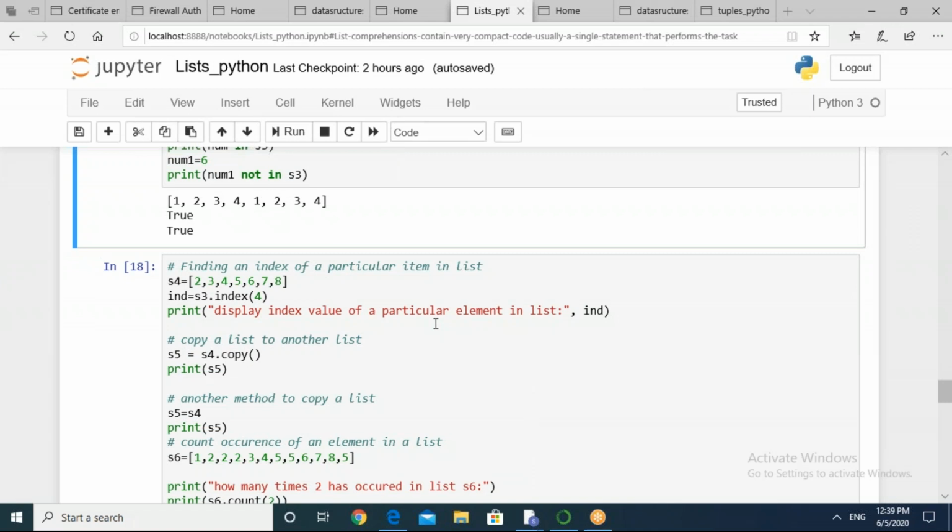Now I am moving on to how we can find the index of a particular item in a list. Lists are ordered collections of items. When we say ordered, it is related to some kind of mapping with the indexing or position that a particular item holds in the entire list. A list has its index values starting from 0, and you can also access list items in the reverse direction, from right to left in addition to left to right.